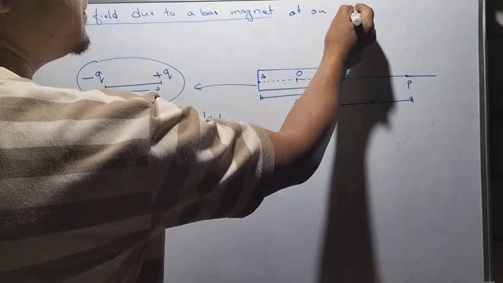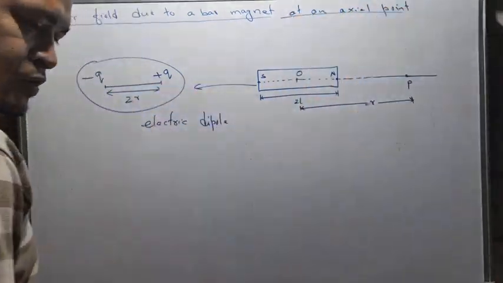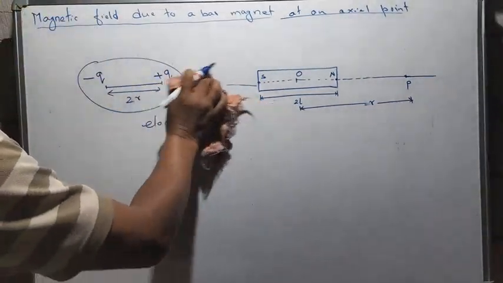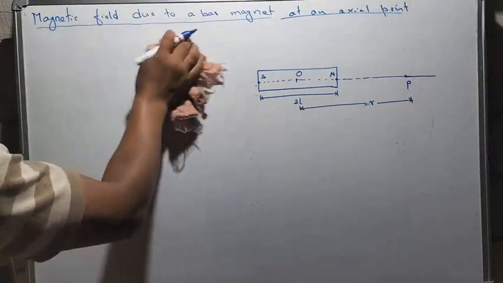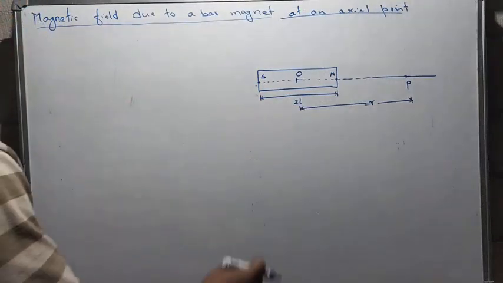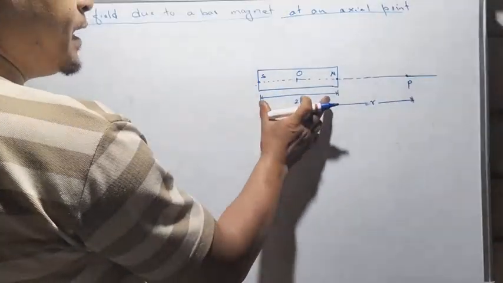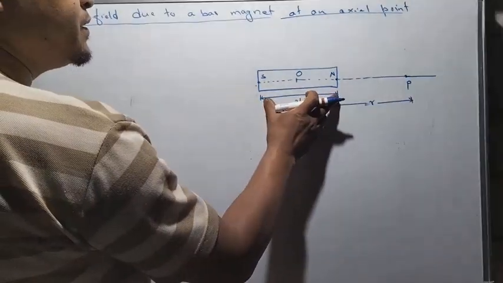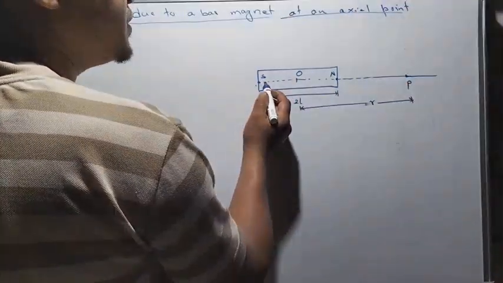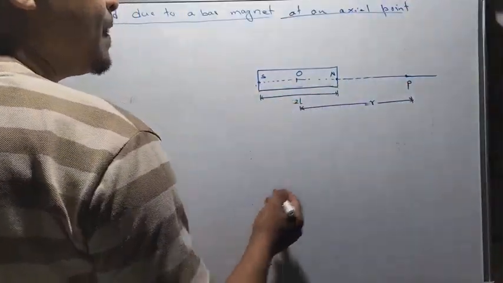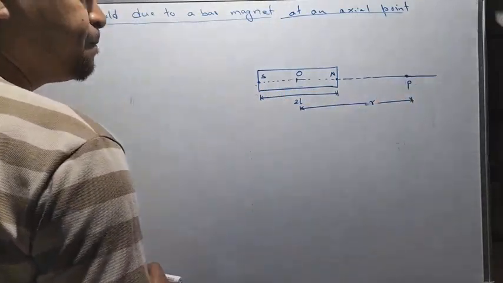an axial point. So what is an axial point? An axial point is a point which is lying right on the axial line. This is a bar magnet which consists of a south pole and a north pole, and these two poles are separated by a distance 2l, and this is the axial line, which is passing through the two poles. And I want to determine the magnetic field, let's say at this point P, which is a point on